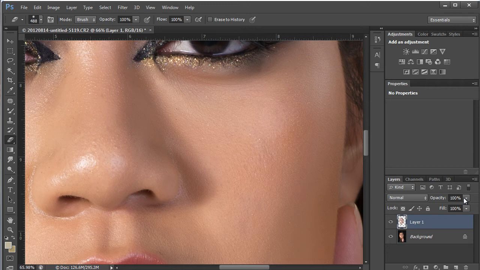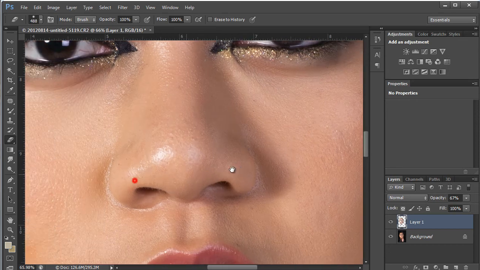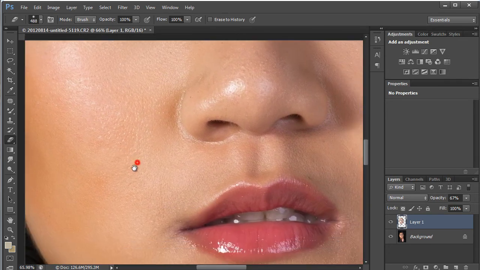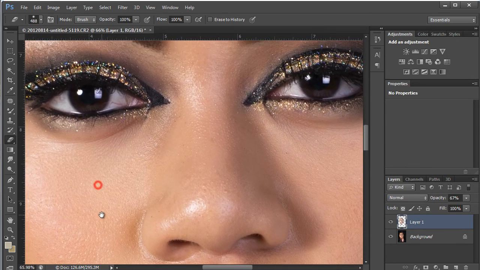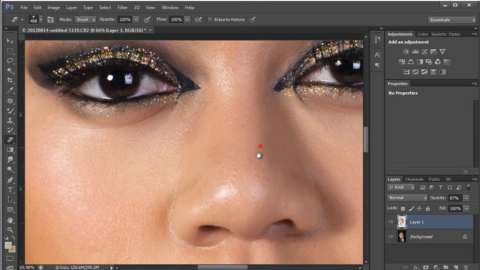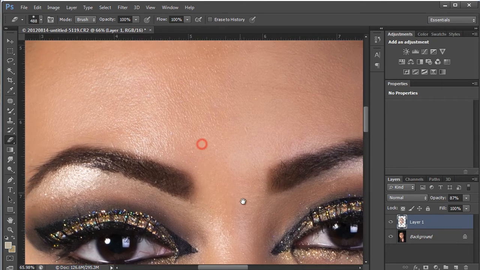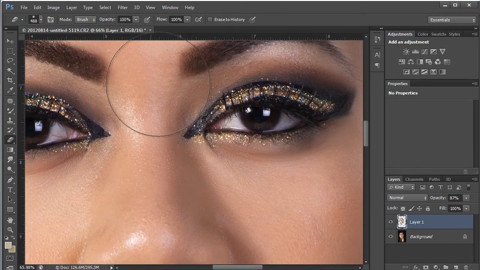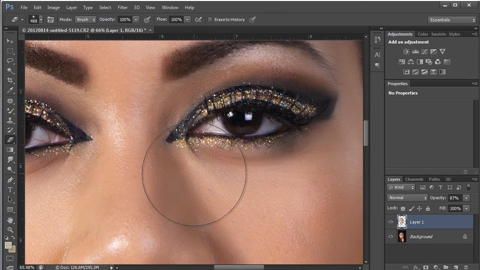If you're not happy with the amount of smoothing that's been taking place, you can bring down the opacity on that layer and let some of that skin texture come back through. The whole idea is to maintain texture in the skin, but clean it up so it's smooth. I'm not going to retouch this whole image. I just wanted to smoothen the skin some. We can get rid of these shiny spots here on the nose, and the shiny spots here. We can do that, but let's go in here and clean up more of this